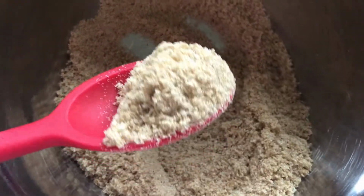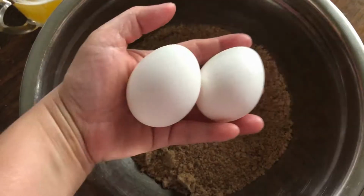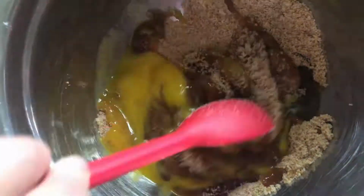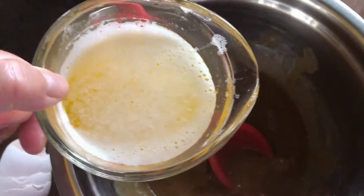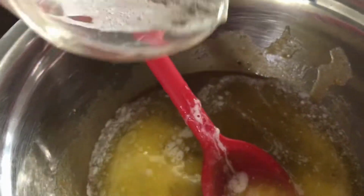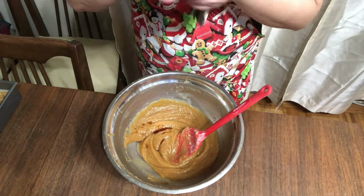Now we continue on and combine the brown and white sugar. Make sure to mix them thoroughly and then add the eggs. Just mix them all together until it is well combined. I like the chewy version of the Food for the Gods, so I melt my butter and then add it to the sugar mixture. To this we add the vanilla,